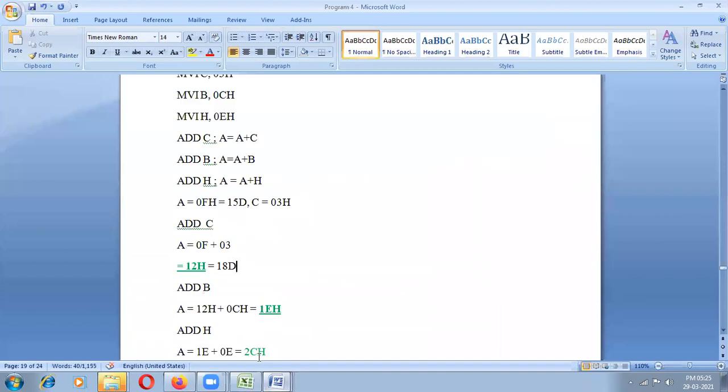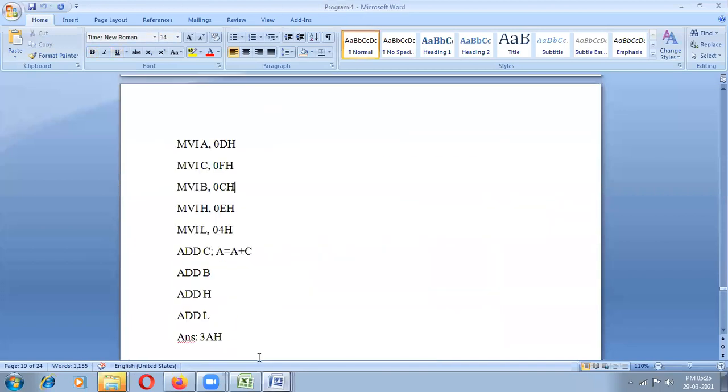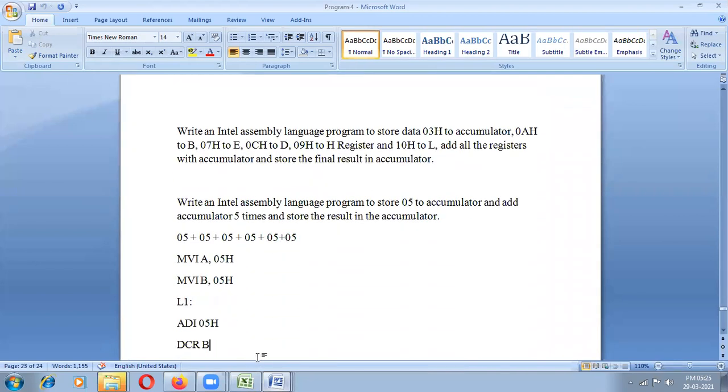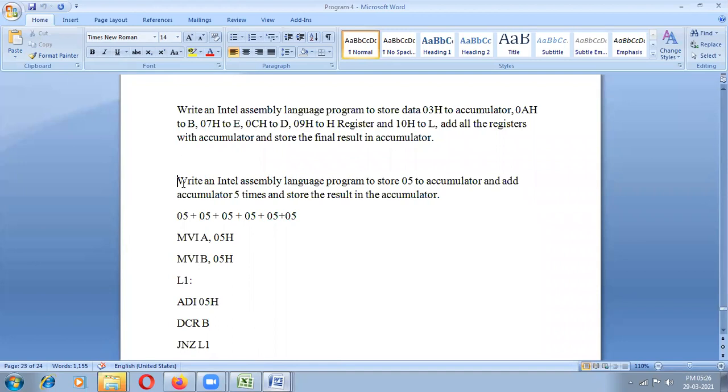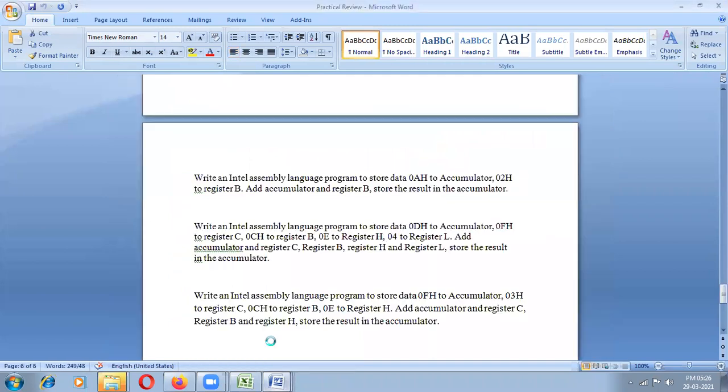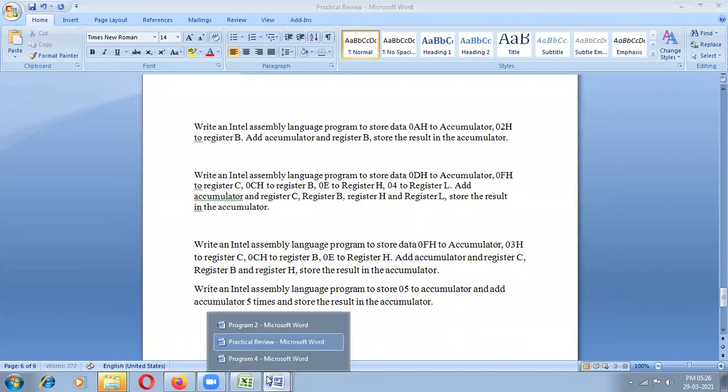Then write an assembly language program to store 05 to accumulator and add accumulator 5 times.